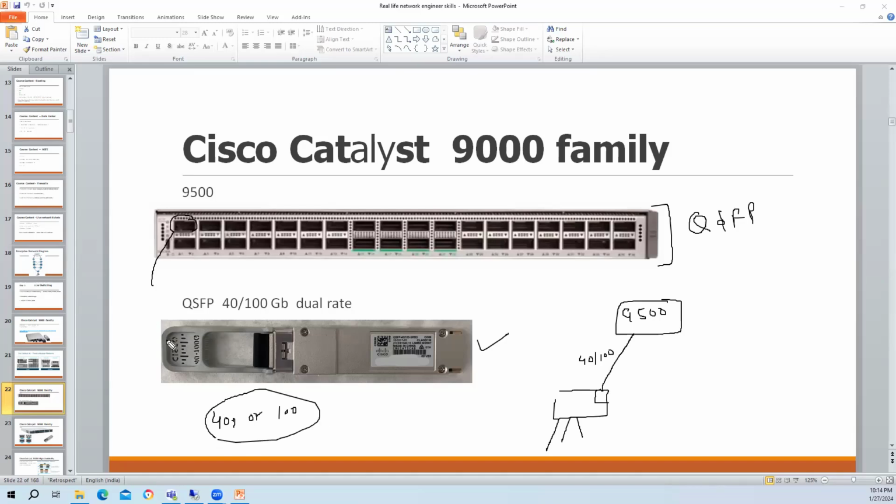और this QSFP, if you see, this is a dual rate. ओके, ड्यूल का मतलब क्या है, डबल, इधर ये 40 करेगी या 100। तो ऐसा नहीं है कि आप इस पोर्ट पे स्पीड 10 GB कर सकते हो, नहीं, ये सिंपली ड्यूल रेट ही सपोर्ट करती है। और कई QSFP आती हैं, तो this is the picture of the QSFP, पिक्चर आपकी सेम ही रहेगी। और इधर अगर आप सिंगल रेट परचेज करते हो तो सिंगल रेट में आपको 40 GB मिल सकता है या 100 GB मिल सकता है।